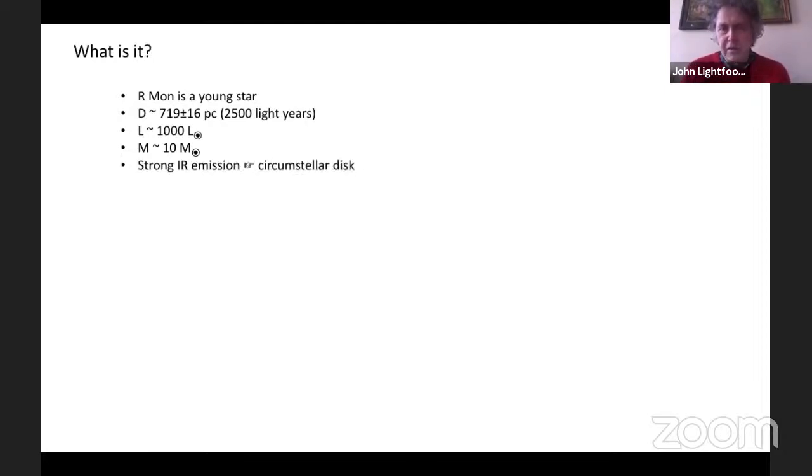It's been known since the 1960s to be associated with strong infrared emission, which implies it has a circumstellar disk. And when I first looked at it in 1989, after my lazy afternoon in the UCL library, I tried to estimate what might be casting the shadows that cause the dark patches to cross the nebula. It turned out that if they were moving at some sort of orbital velocity, then they would be moving in an orbit about 0.3 astronomical units from the star.